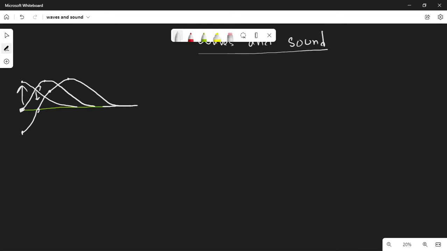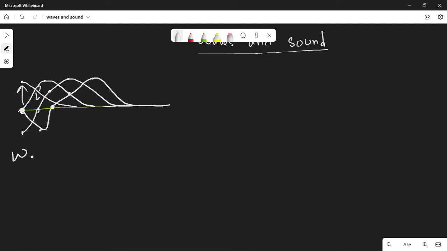Something like this. And when I move it back down to its original position, now it had a downward velocity, so it will be here, just like the previous one. But this point had an upward velocity, so it will be here. So now it might look something like this, right? Okay, so we've created a disturbance through this medium,